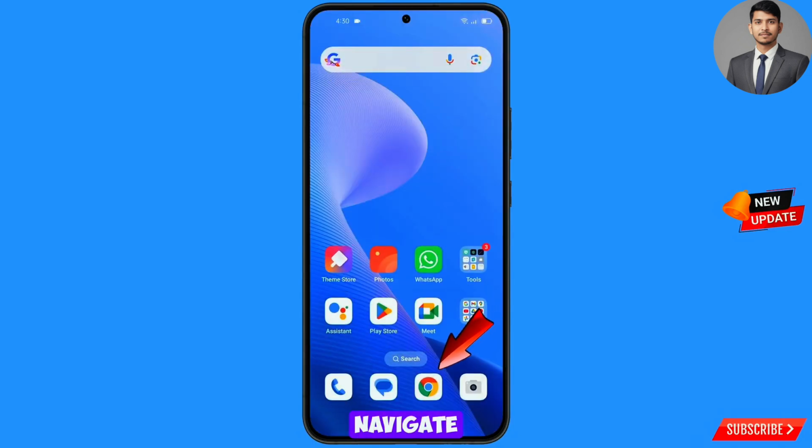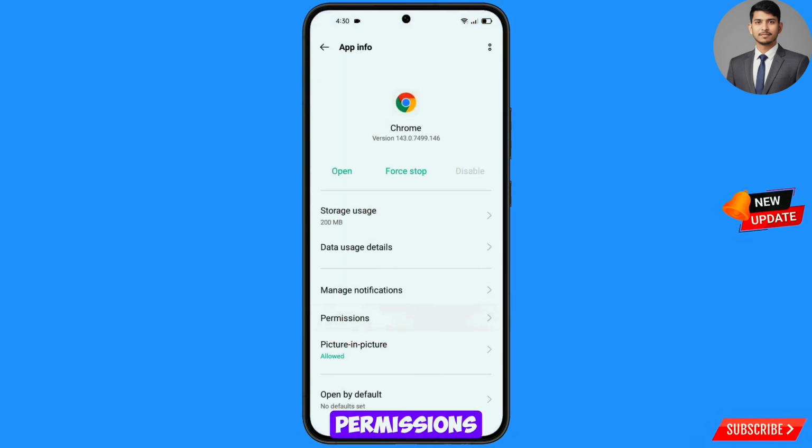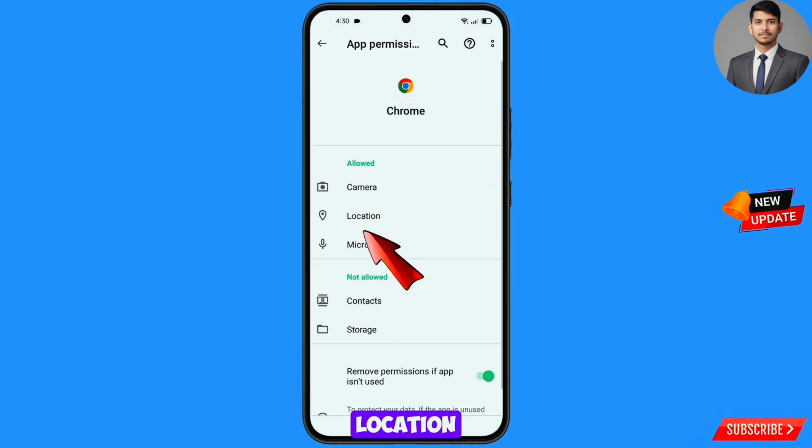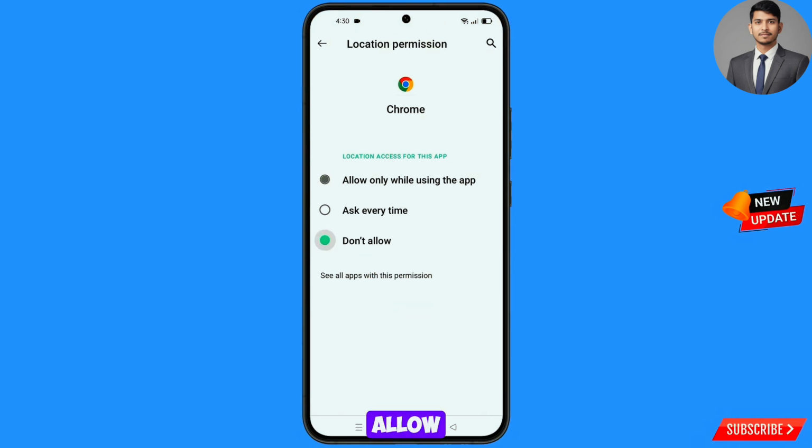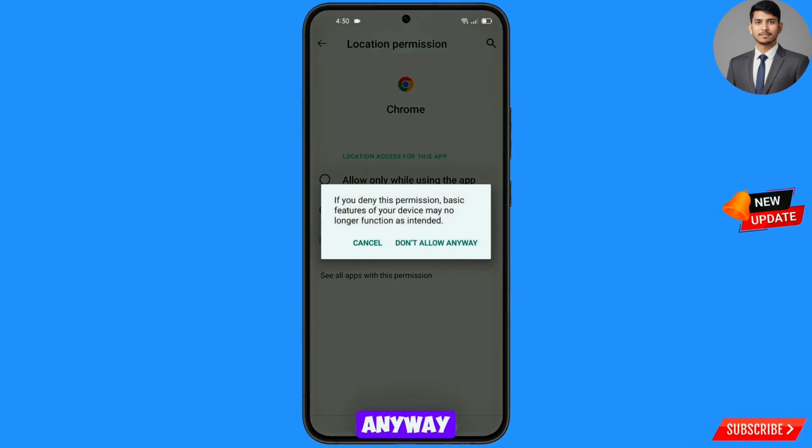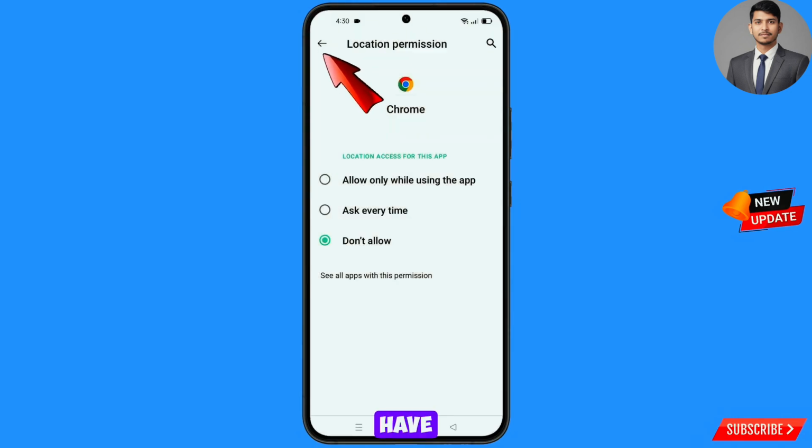Now you have to navigate Google Chrome browser. Hold the Google Chrome browser, tap on app information, tap on permissions, tap on location, tap on don't allow, tap on don't allow anyway. Now you have to go back